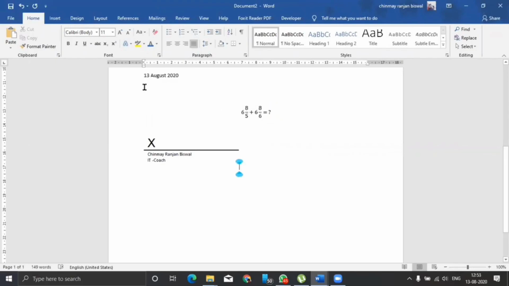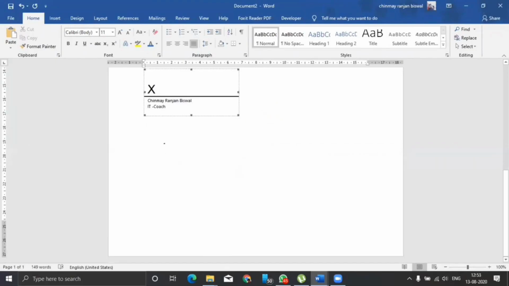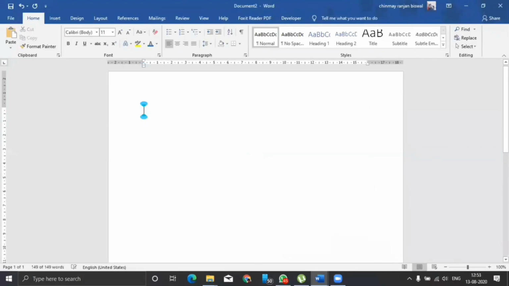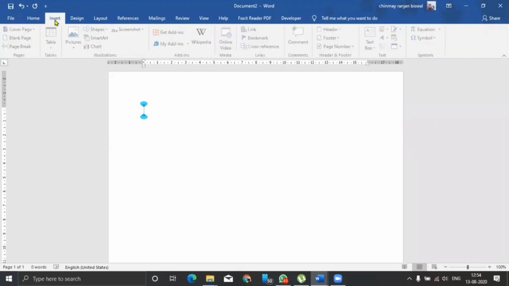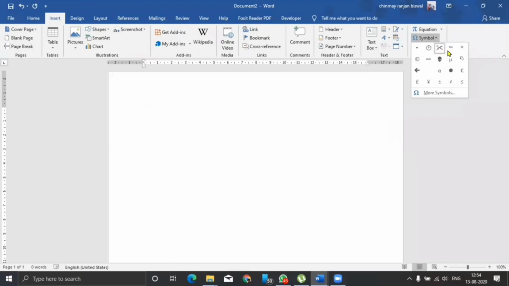Okay, simple. Apart from this, if you want to insert some symbols, you must have seen in your keyboard there are some symbols like exclamation mark, at the rate, hash, dollar symbol. But apart from that, also you need more symbols like alpha, theta, gamma, beta, pi, right? For that you can go to this insert पे चले जाओ और यहाँ पे आपको दिख रहा है